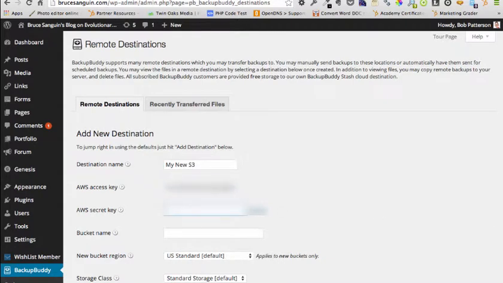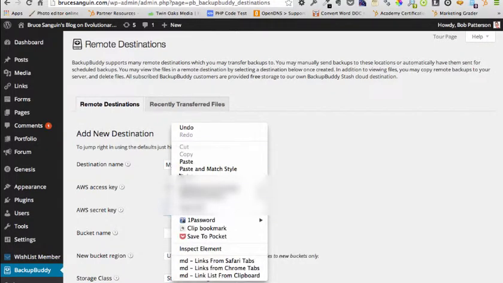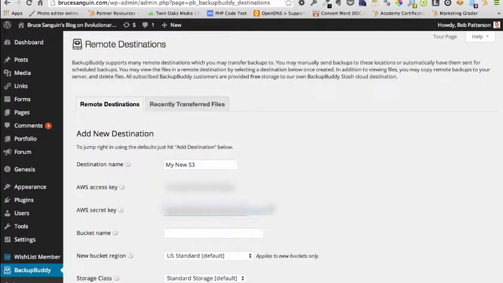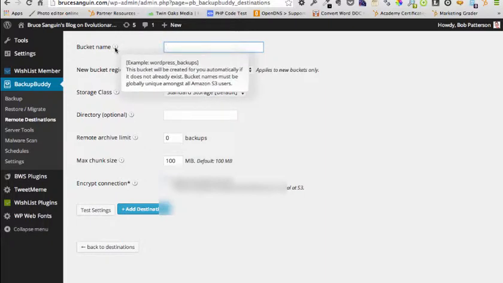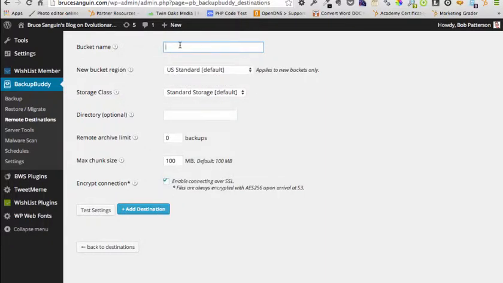I guess you can see that one, huh? Okay, and then there's the secret key, and we'll put it right in here. Okay, and the bucket name, we don't have to name it anything. It will automatically name it as Backup Buddy, but I'm going to call it